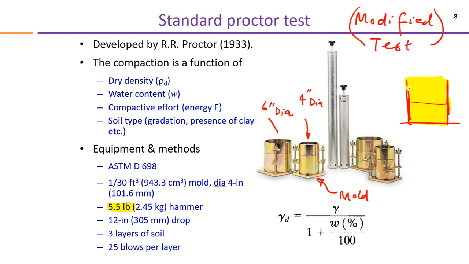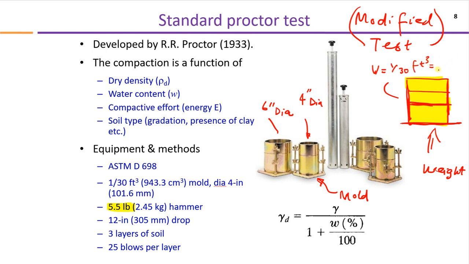So it means this soil is placed in 3 layers of approximately the same thickness. It is compacted, and after that we determine the weight of the soil plus mold, and we know the volume of this standard mold. The volume of this standard mold is 1/30 cubic foot,